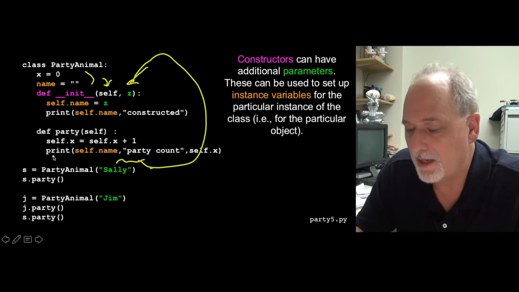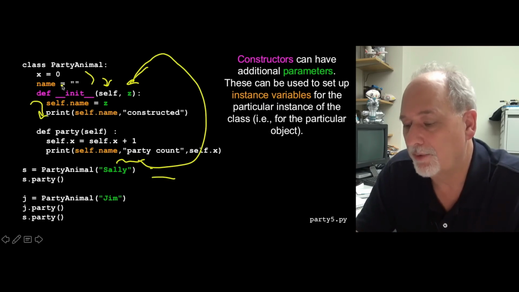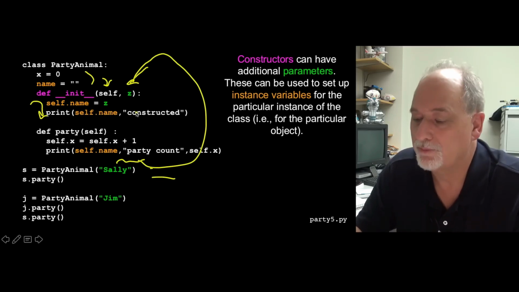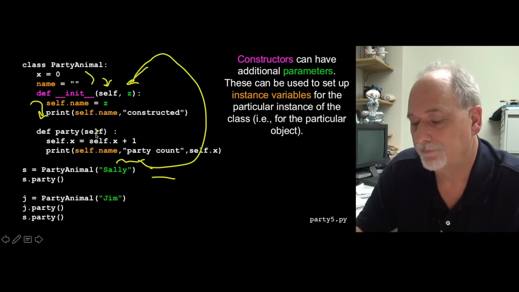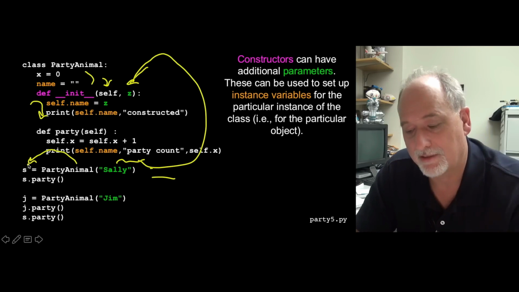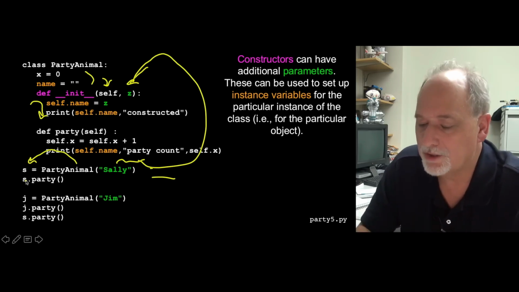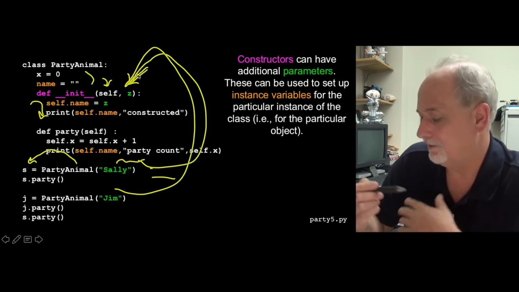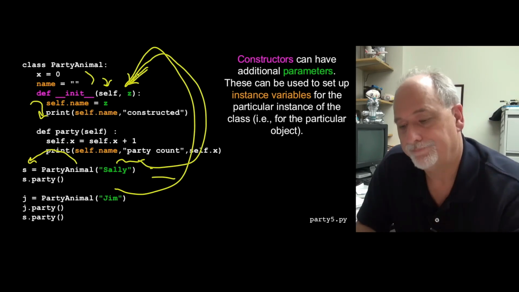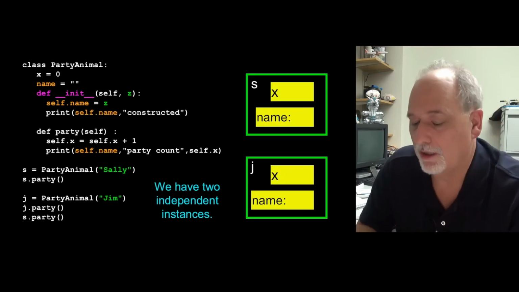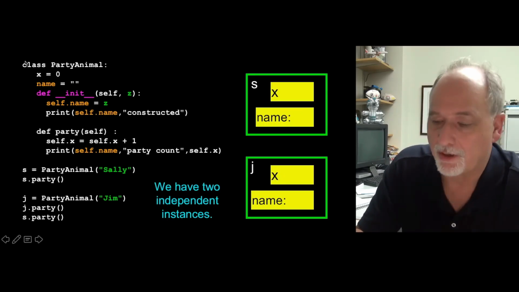And that means that when we call this constructor, this line of code runs, and then name is no longer blank. Name is going to be Sally in this particular case. And then I'll say, oh, self.name, which will be Sally, has been constructed. And so that object is now constructed, and then we put it in the variable s. And then we call the party method on that, and we construct a different one. And so this time it calls, and z is Jim, and we basically have another copy of this. And so this is how it's going to look, right? As it runs down here,